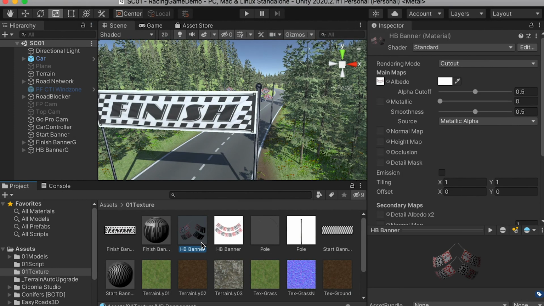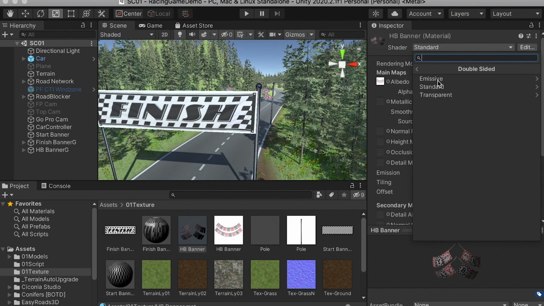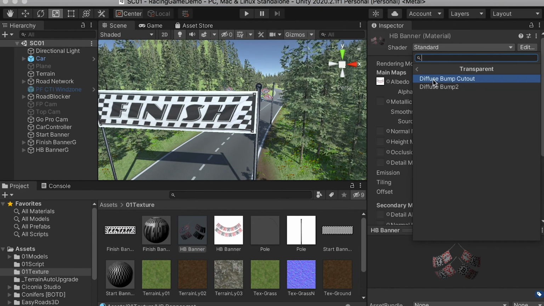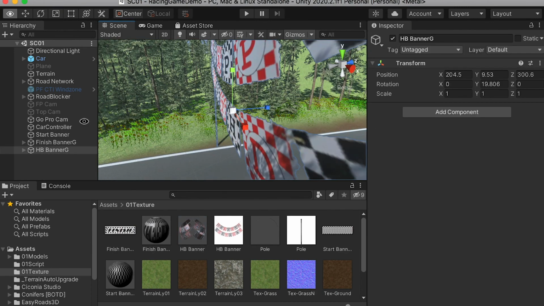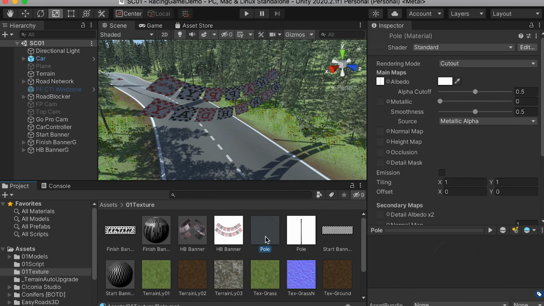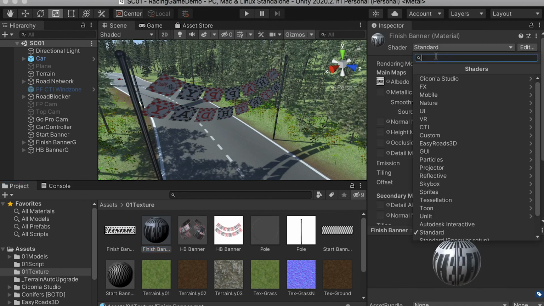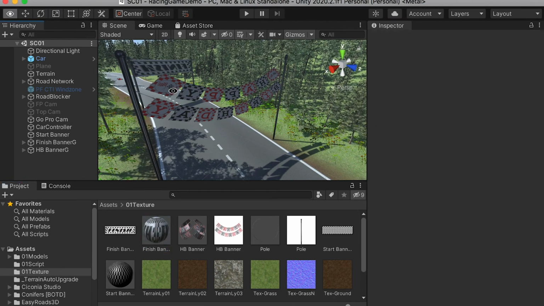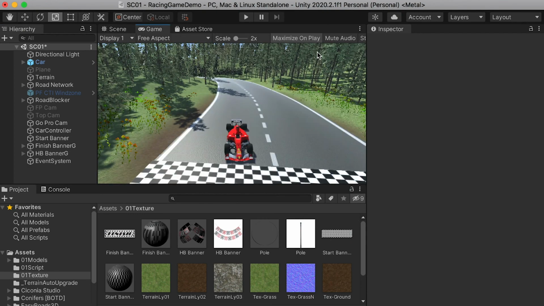Once you download and import it, and then when you select your material, you will have one more option, and then you can go to double-sided and transparent, and we're going to use the cutout. So now it will show both the front side and the back side. And also you take a look at the shadow, it only shows the contents in the image, right? So we're going to change all the other materials with this double-sided shader,